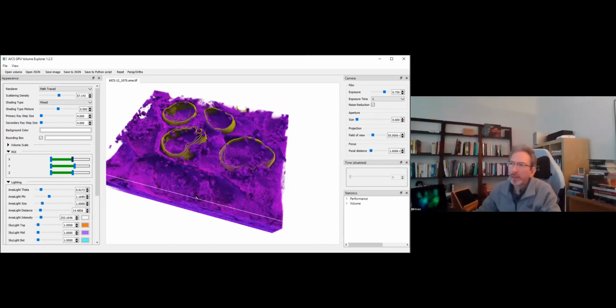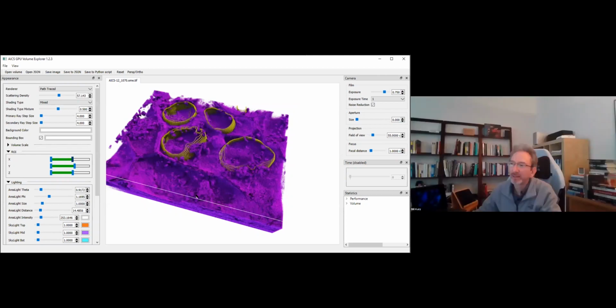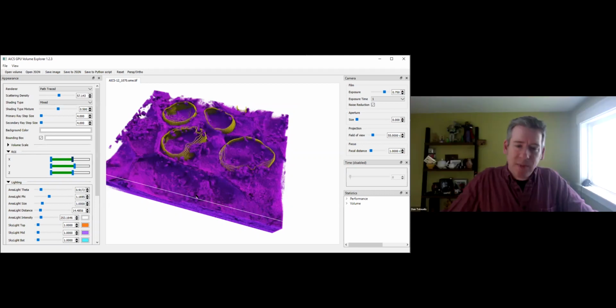Dan, could you say a bit about, are you using CUDA? What are the underlying technologies? CUDA, Vulkan, whatnot? Yeah, so interestingly, it started out as CUDA, and people wanted to be able to run it on their MacBooks. So I ported it from CUDA to OpenGL, and an interesting byproduct of that was that it actually ran faster